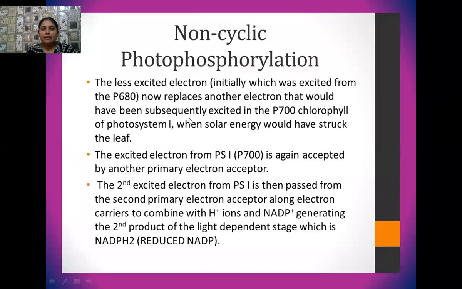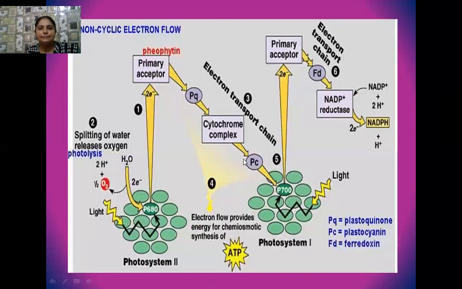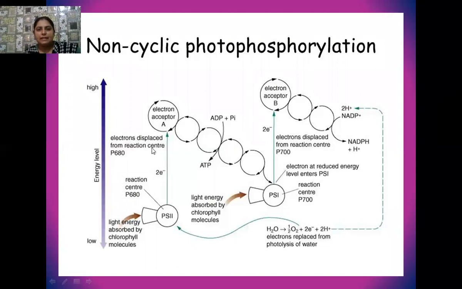Okay, students, all the accounts which I have discussed with you, I have written in these slides, please go through them. This diagram I have already explained. This is another diagram. Here you can see the movement of the electrons through the different types of photosystems and the different types of electron acceptors where they are present. And you know that from photosystem 2 to photosystem 1, there is a synthesis of one ATP molecule. And from photosystem 1 to NADP plus, there is a synthesis of another energy-rich molecule, that is NADPH2.